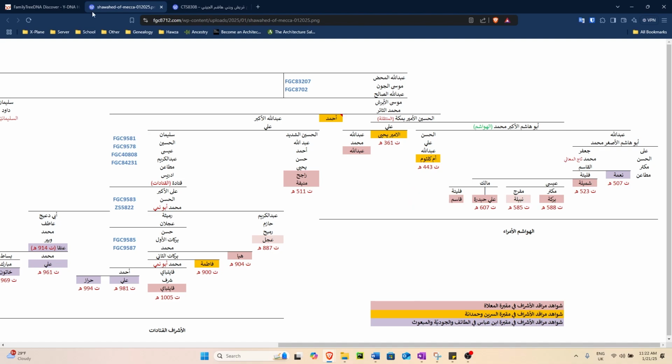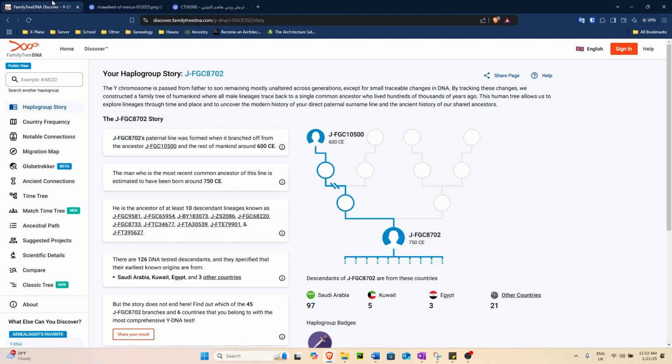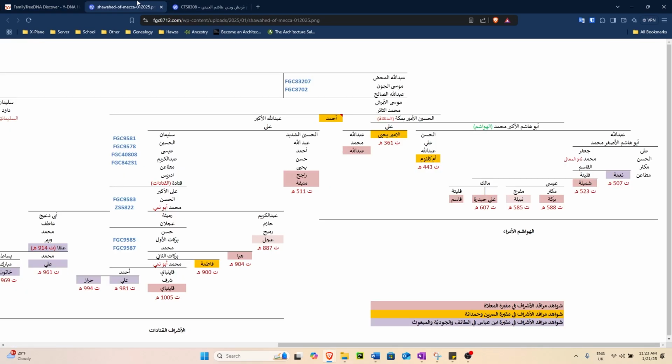So belonging to this haplogroup FGC 8702 are the famous Sherifs of Mecca and the Jordanian royal Hashemite family. So this is essentially the most prominent mutation, and there are more than 100 testers belonging to it at the current moment. This is essentially what identified this whole mutation as the Banu Hashim, because of the prominent Sherifs of Mecca and the Hashemite Jordanians. The TMRCA matches that of Musa al-Jawn and perhaps Abdullah al-Salih, and below it we can see the genealogy of the Sherifs of Qutadah.